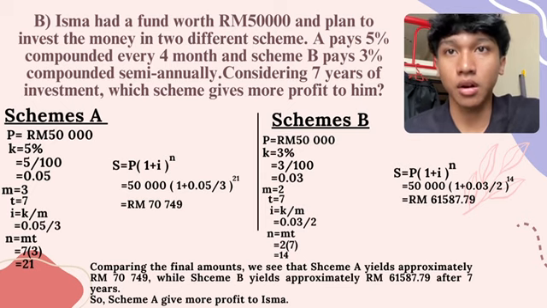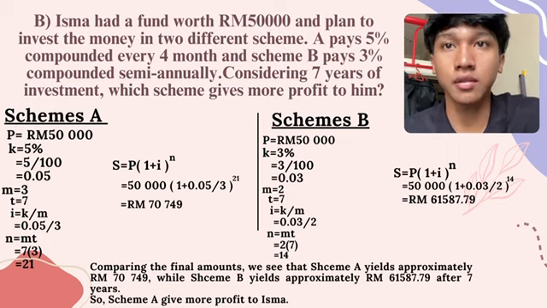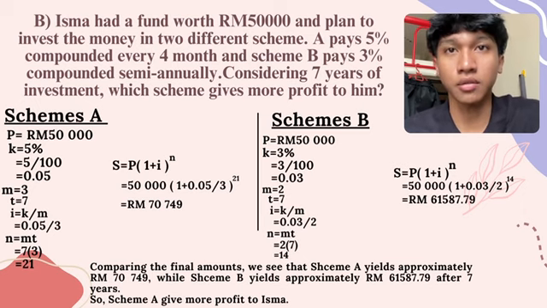M is 3, T is 7, I is 0.05 over 3. N equals MT, 7 times 3, and we get 21. S equals P times (1 plus I) to the power of N, 50,000 ringgit times (1 plus 0.05 over 3) to the power of 21, and the answer that we get is